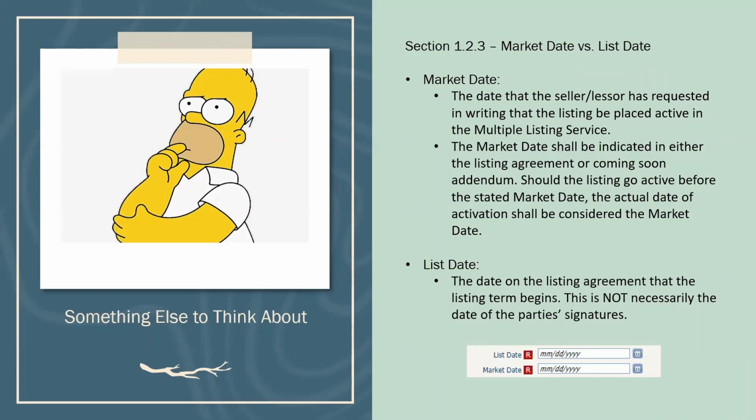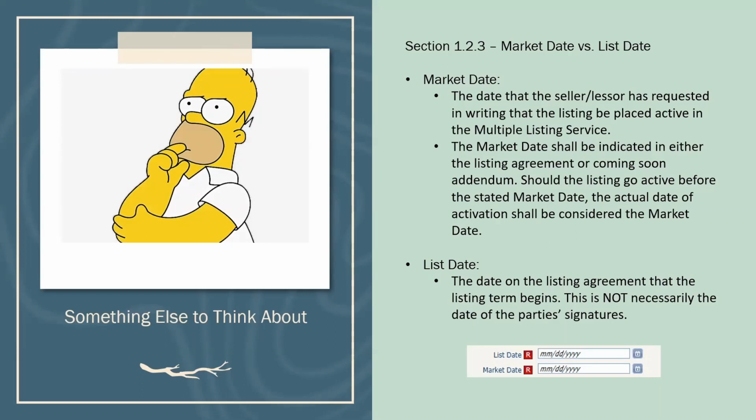Now, the majority of the time, the listing agreement happens right then and you're good to go. But there could be times where, like, hey, I'm going to enter this listing agreement with you on Friday, but I'm going on vacation and we fly out on Monday, so I need to sign it on Monday so that you have it by Friday because I won't have any cell phone service or anything. So they could have the signatures done before your listing agreement begins. But just know that your list date is the date of your listing agreement.